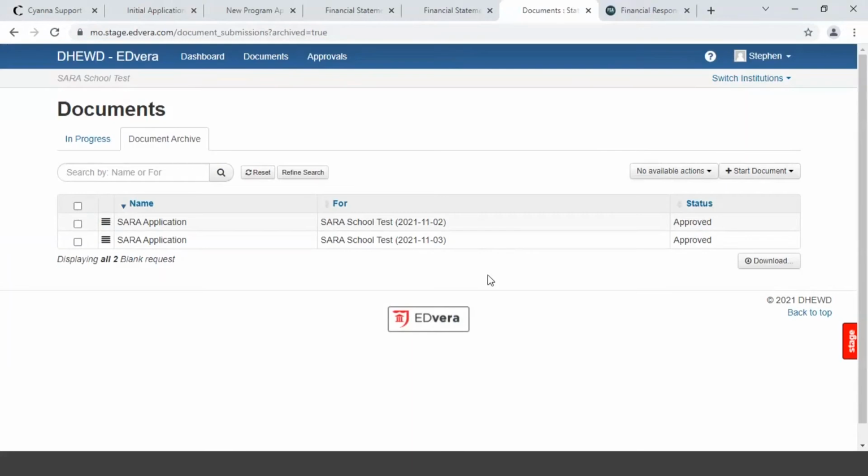Will anything change with the notification process for schools telling them it's time to renew? I don't believe so. And that is generally a process handled by NC SARA, where within 90 days, they let the institution know and they copy us saying, hey, it's time to renew. And then they check in again, I think at the 60-day mark and the 30-day mark.